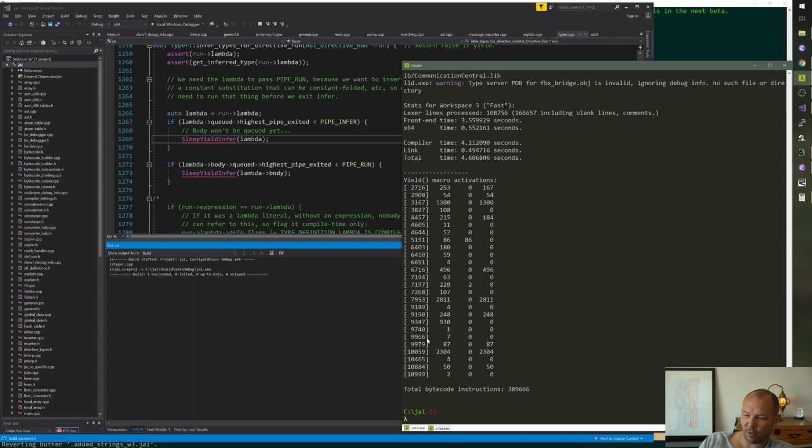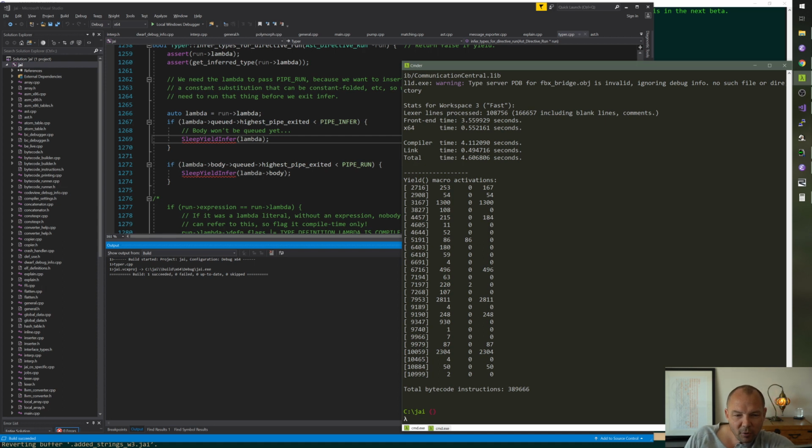I mean, we can, no, not really. We can still drive these numbers down, but we just took 30,000 yields out of this list. And these numbers add up to like 7,000. Like we just eliminated 80% of the yields in the compiler. E arrow queued. The E arrow queued is the problem. That's supposed to be a different thing.